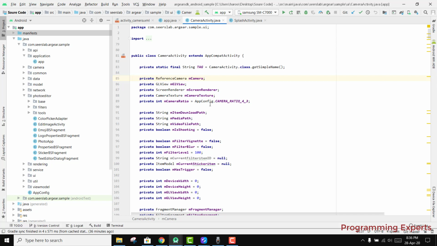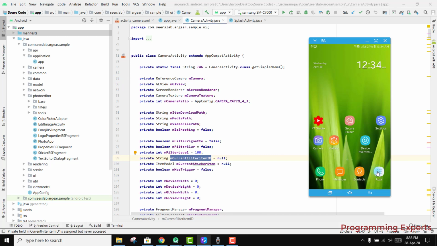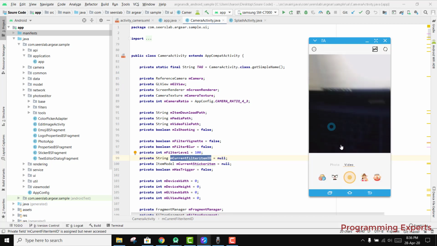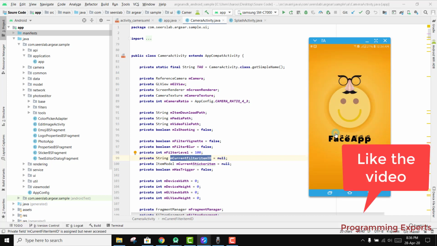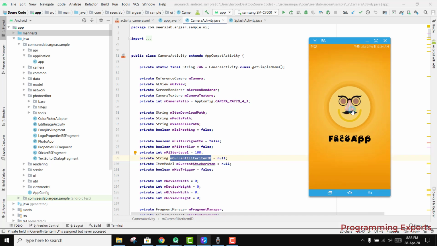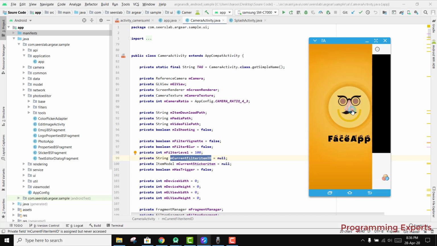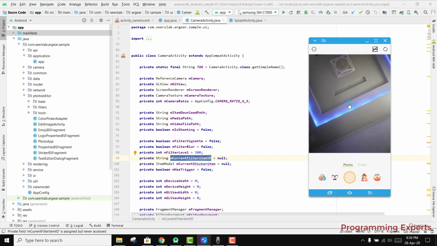Okay, and also there is a complete photo editor inside this one, so you can edit your images. Okay, so let me first of all give you a short demo. So here you can see, let me open the app again, and there you can see face app, and there is some animation going on here. And okay, so there you can see the camera is opened, so I will use the rear side of the